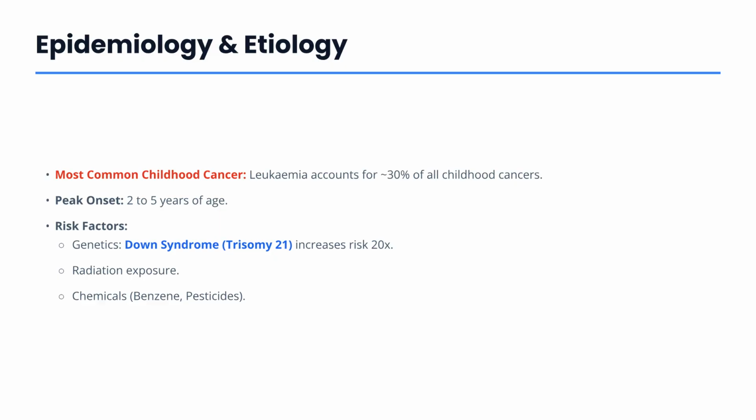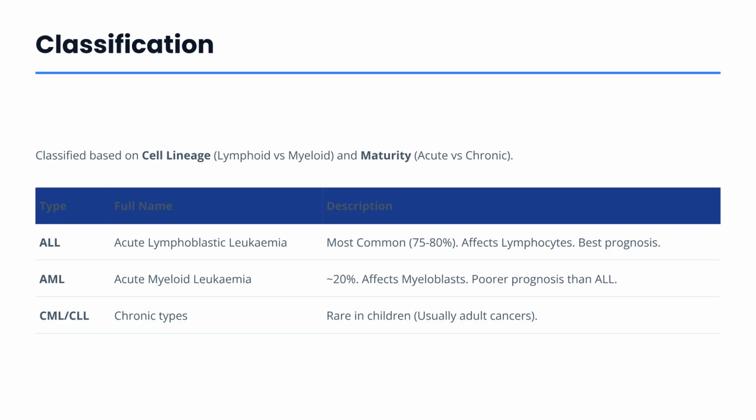Risk factors include genetic syndromes like Down syndrome, radiation exposure, and exposure to chemicals such as benzene and pesticides. Leukemia is classified based on cell lineage, lymphoid versus myeloid, and maturity, acute versus chronic. Acute lymphoblastic leukemia, or ALL, is the most common, while acute myeloid leukemia, or AML, affects myeloblasts with a poorer